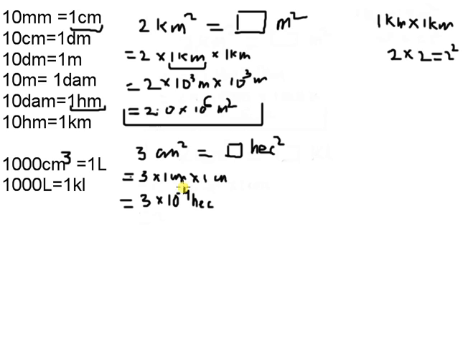We can also do it in a step-by-step process, like 1 centimeter could first be converted to decimeter, and then decimeter can be converted to meter, but it will become too long, so it's better to know how centimeter and hectometer are linked with each other. So we can move on in that way. So 10 to the power minus 4 hectometer,